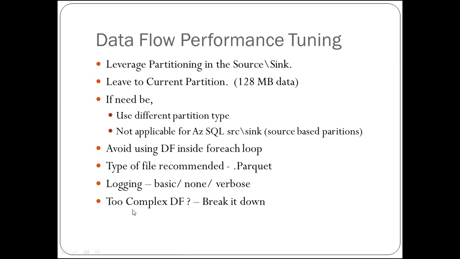Alright, and one final thing that I came across is, if you have a data flow activity with too many transformations between source and sink, what is recommended is to break it down into multiple data flows and give them to different Spark clusters. Internally, for every mapping data flow, one Spark cluster will be assigned. So when you have multiple data flows, each data flow will get its own cluster, and internally it will take less time to process as a whole. This is what is recommended.